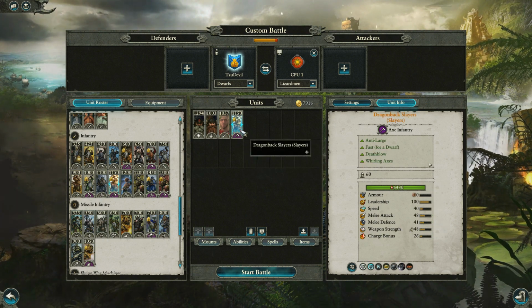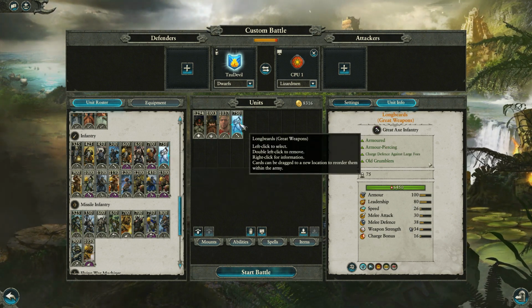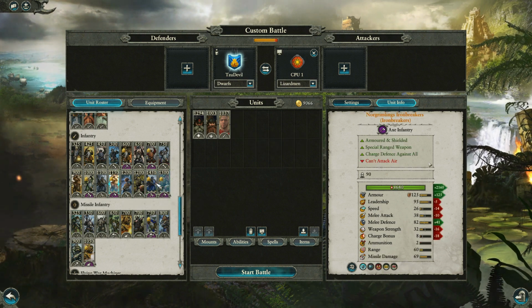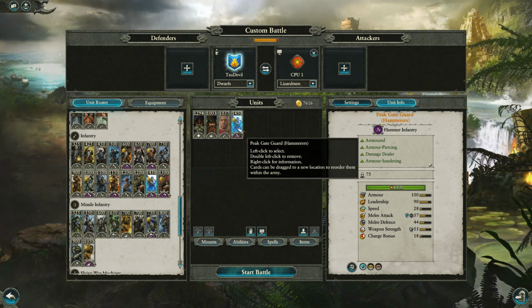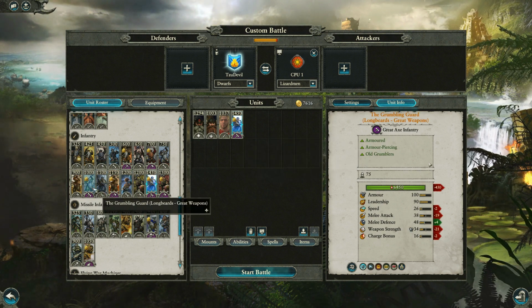Obviously you put them with some sort of bodyguard. I mean, the very cheapest bodyguard unit that works good is Longbeards, but they are a little bit slow. But, you know, Dragonback Slayer is going to work good. Peak Gate Guard will be good because that'll let your other two go to work with that Sunder armor and magic damage. You know, something comes with big resistance, that magic damage is really going to hurt them. But, you know, even the Grumbling Guard